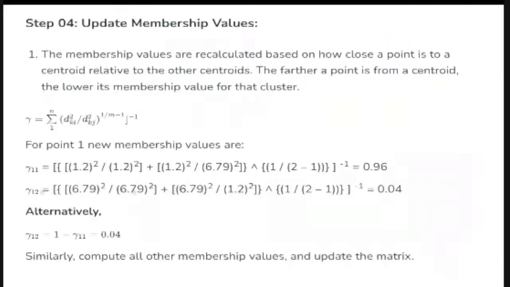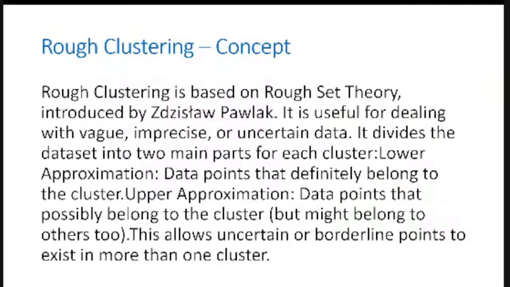Okay. The next one is rough clustering. In rough clustering there are two things, lower approximation and upper approximation. The lower approximation tells that the particular data points completely belong to that cluster. Whereas coming to the upper approximation,